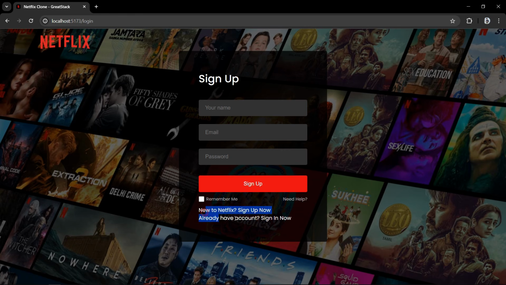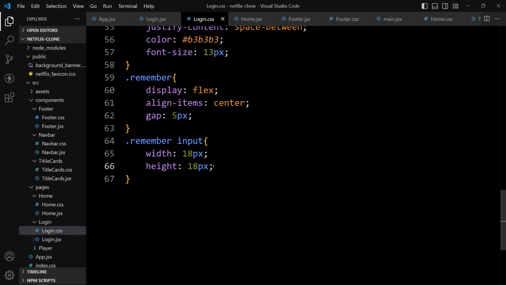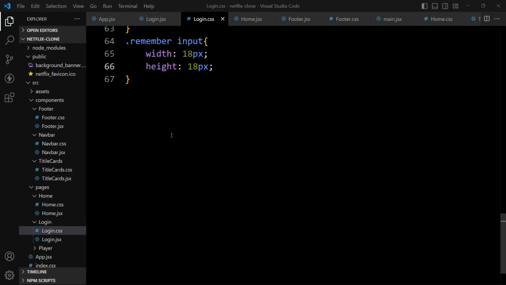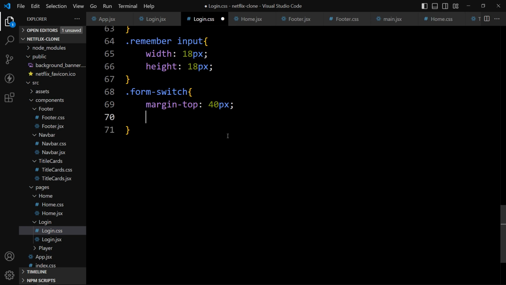Next we will add the CSS properties for this one. So just come back, copy this class name form switch, add it here. So for this form switch let's add margin from the top 40 pixel, then we'll change the color. After that we have added the span tag in this form switch.